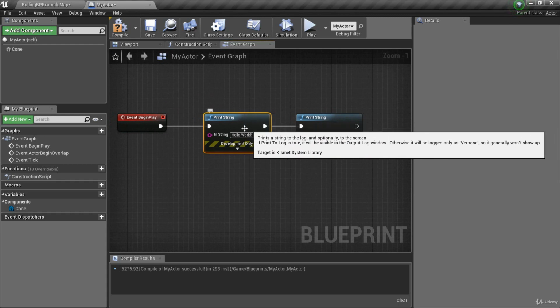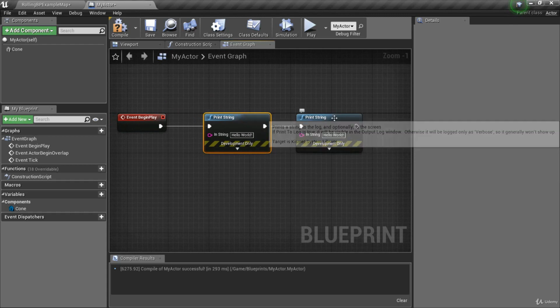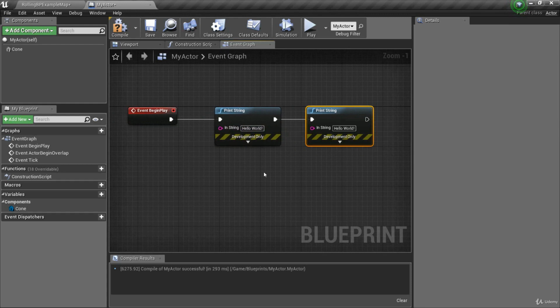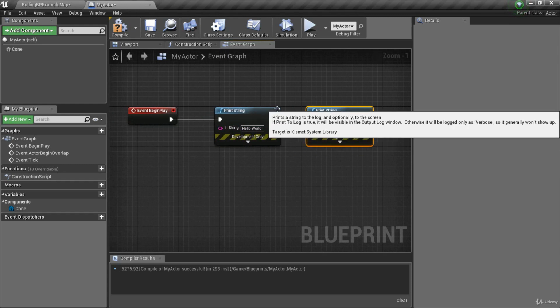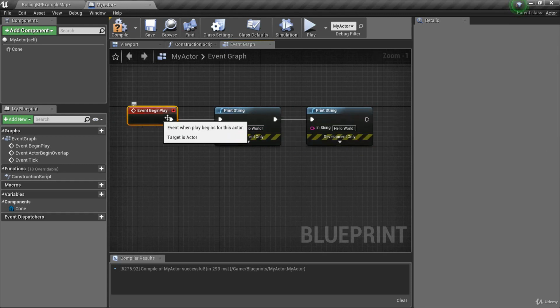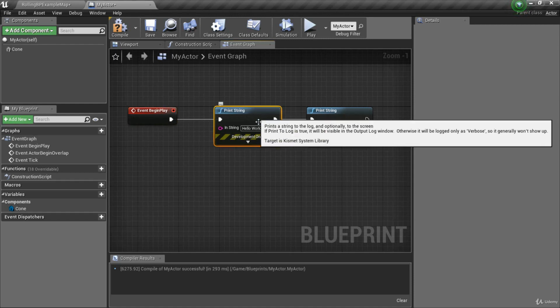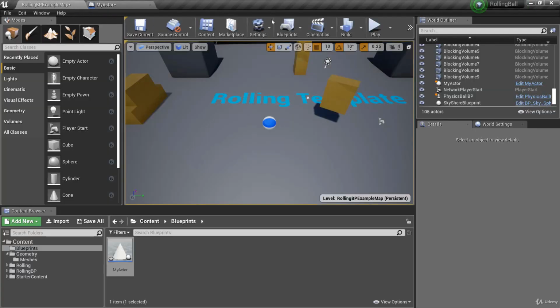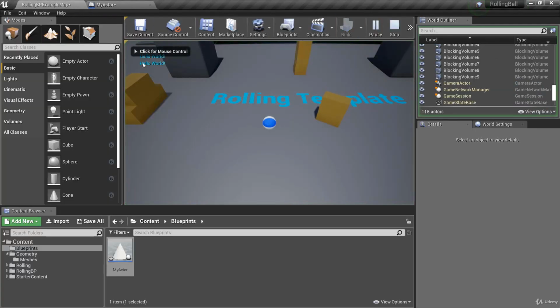So the output execution pin from print string can be dragged into the input execution pin for another print string. And now we have two print string nodes that are going to be called. And these happen one after the other. These are like lines of code. Basically, when the game starts, begin play gets fired, and this execution pin determines that next after the event begin play gets fired, we call the first print string. We print hello world to the screen, and then after that happens, then the next thing gets called, and that's another print string node. So if we go back and we hit play, now we see two hello worlds printed